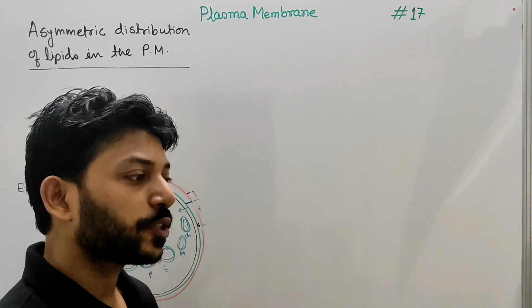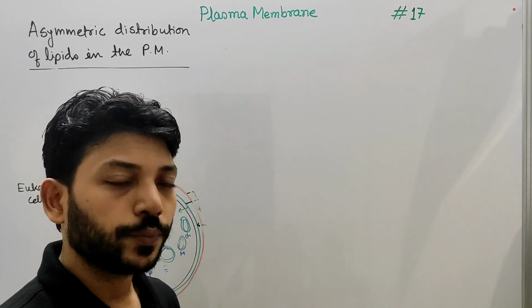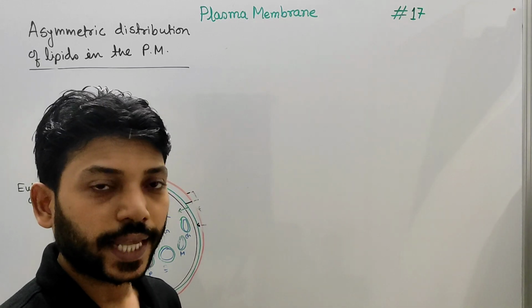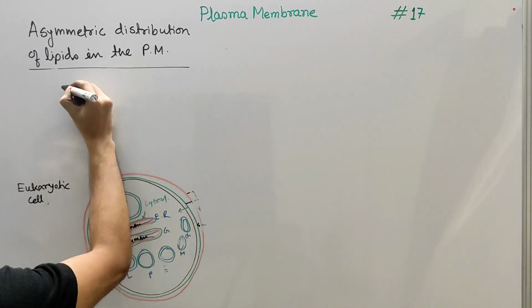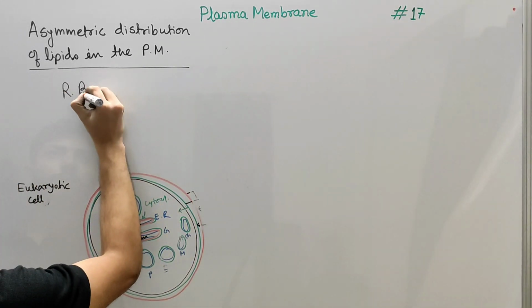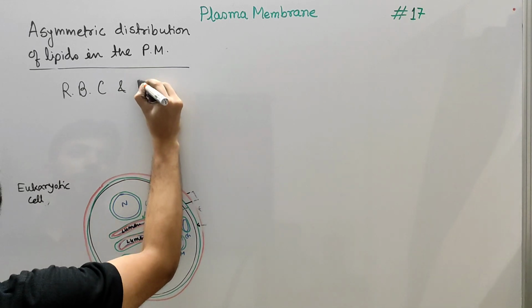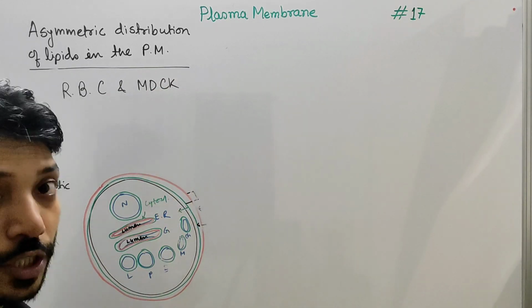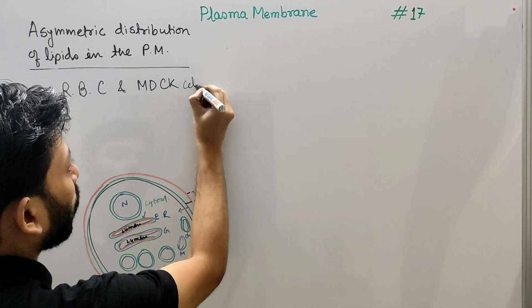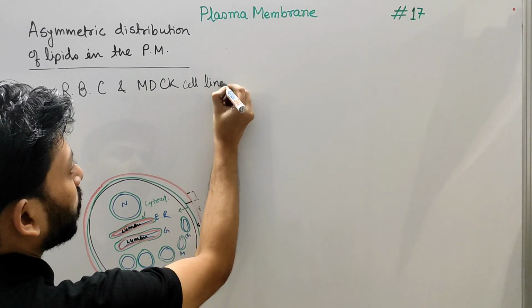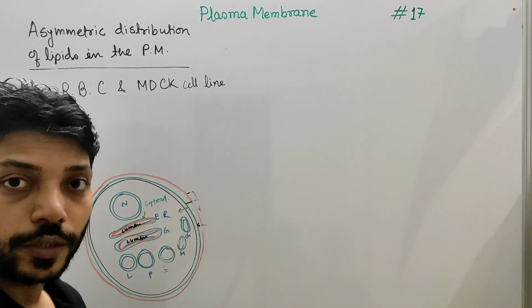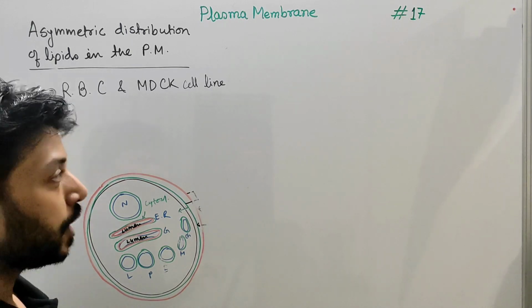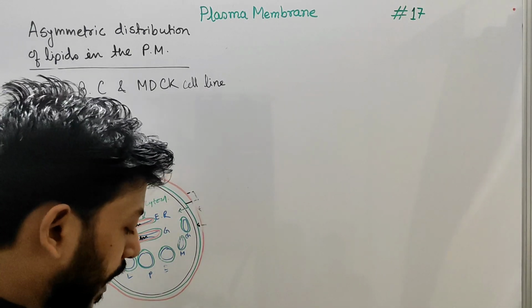Scientists observed this phenomenon in two important cells: red blood cells and the MDCK cell line, Madin-Darby canine kidney cell line. So they observed the lipid composition of the plasma membrane in these two cells, and they found that